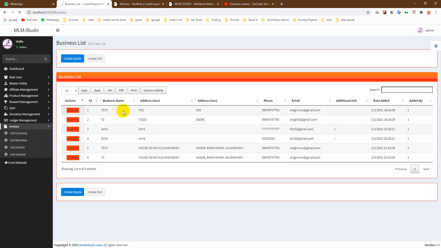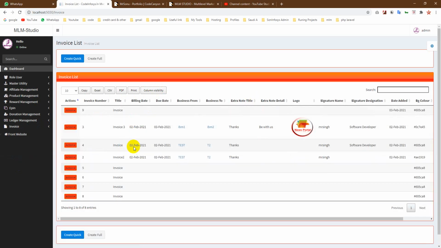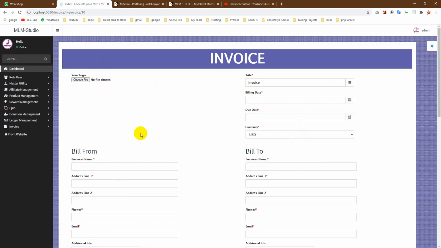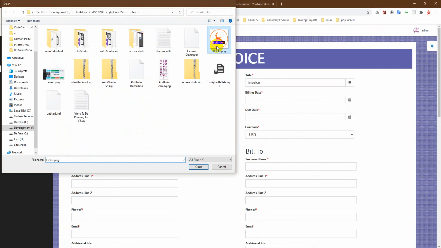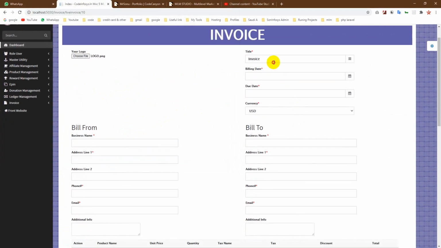So list invoices, which invoices you already created, those all are here. Okay, if you want to create a new invoice, you just click here, it automatically creates a new invoice for you. Okay, you can pick here any logo. If I choose this one, you can pick a title of it, like 10th one, I think, date,